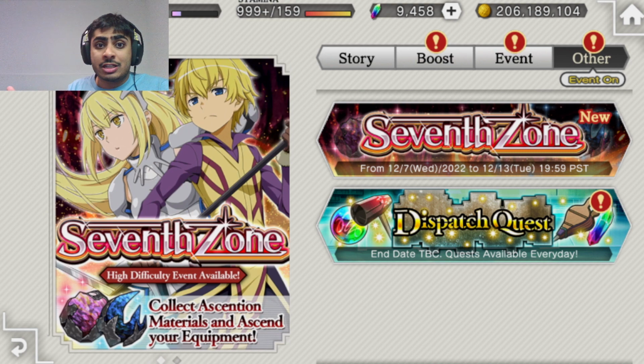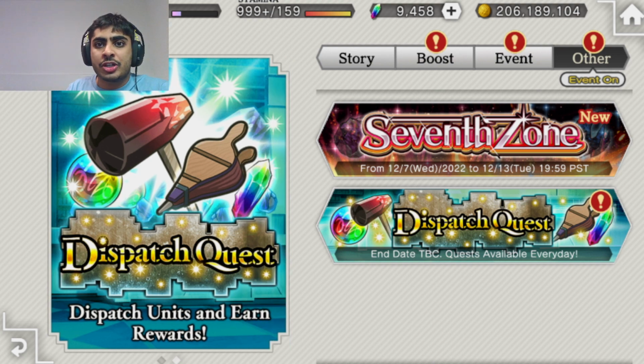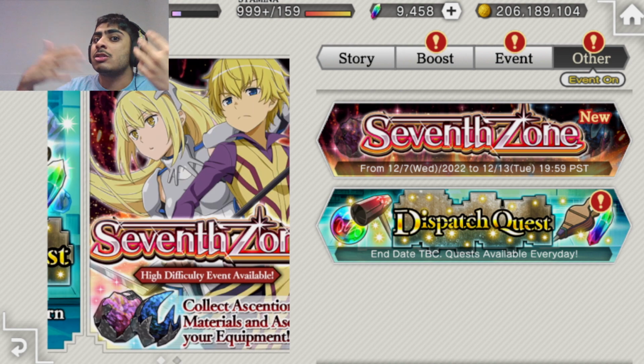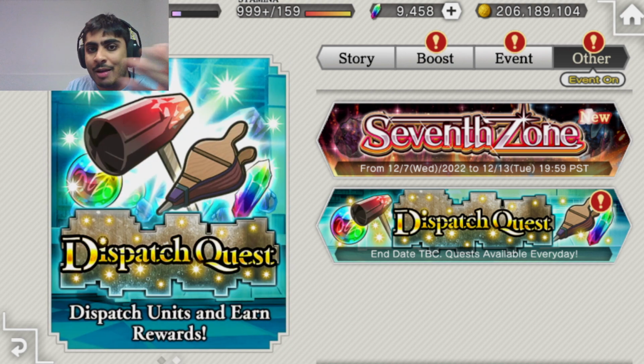Now, what are dispatch quests? Dispatch quests are sort of like expeditions, basically. You take a couple of units, put them on a team together, send them out for a specific duration, and then they come back, you get rewards. It's very, very simple. It costs stamina as well, but in my personal opinion, I mean, you guys can see